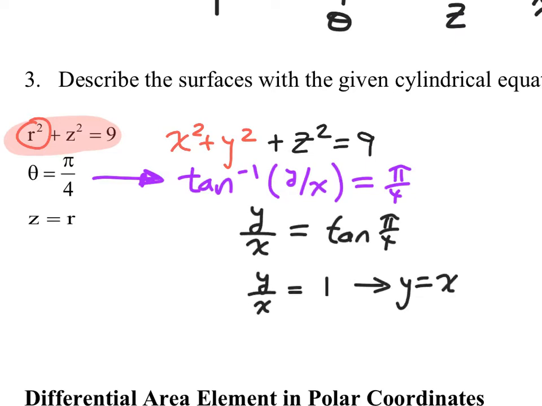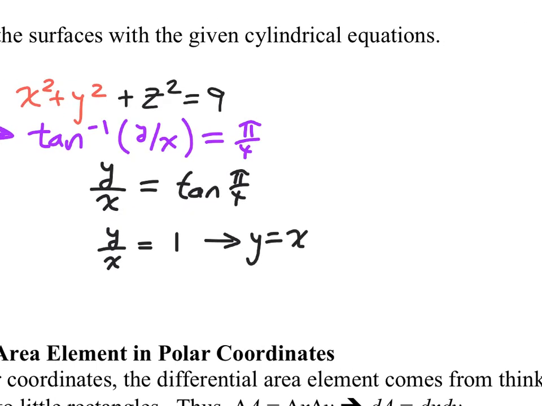So when you have something like y equals x, it's y equals x for all z. So this is the equation of a plane. All right, so it's a plane that has an x, y intercept of y equals x. All right, so the part of the plane that intersects with the xy plane is the line y equals x. But it still extends upward and downward forever. All right, it's parallel to the z axis. I'm sorry,